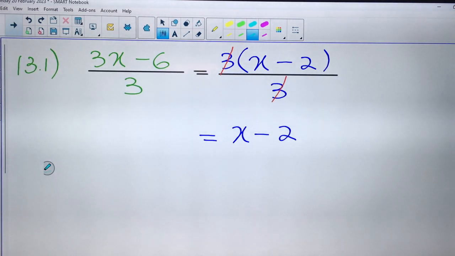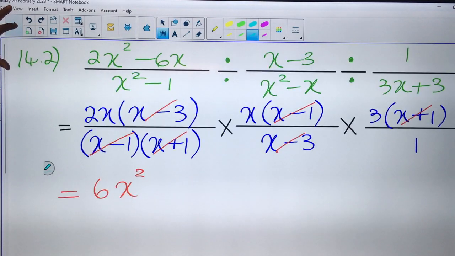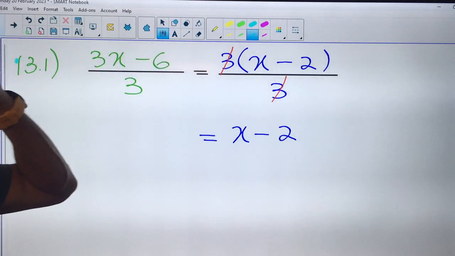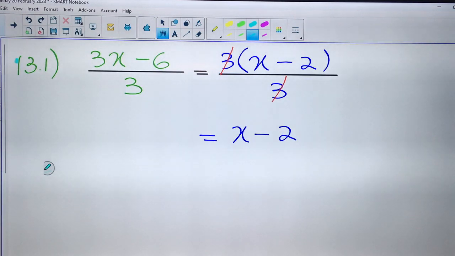Then this one, 13.1. Removing 3 as a common factor. Let me just see. Why is that one here? Let me see what I've done here. It seems that one is not supposed to be here. It's supposed to be there in the beginning. Okay, 13.1. So on top there is a common factor of 3. At the bottom there is only a 3, so no common factor, but they will cancel out. That leaves us with x minus